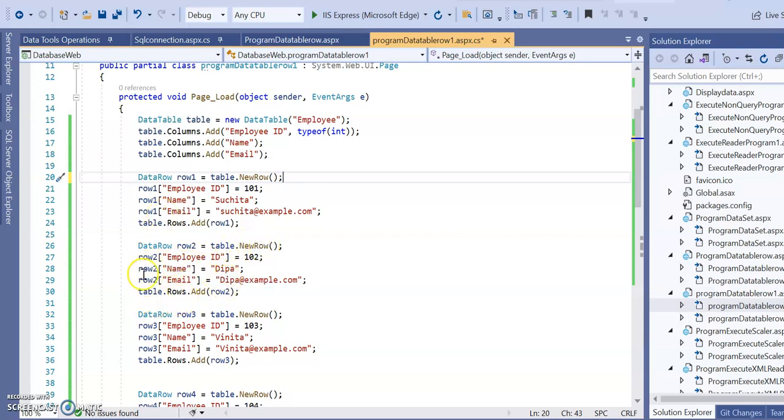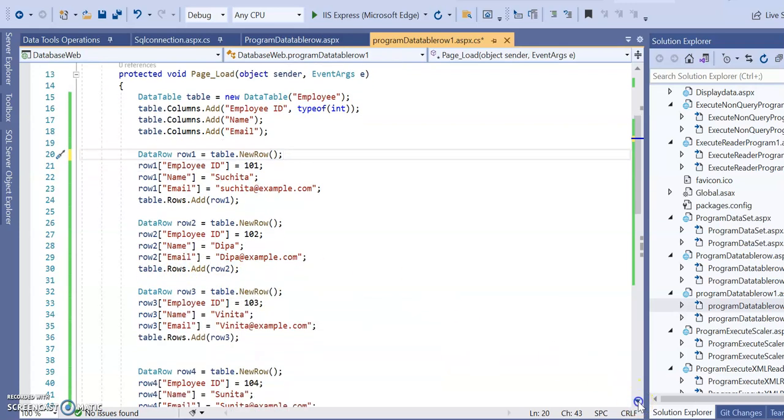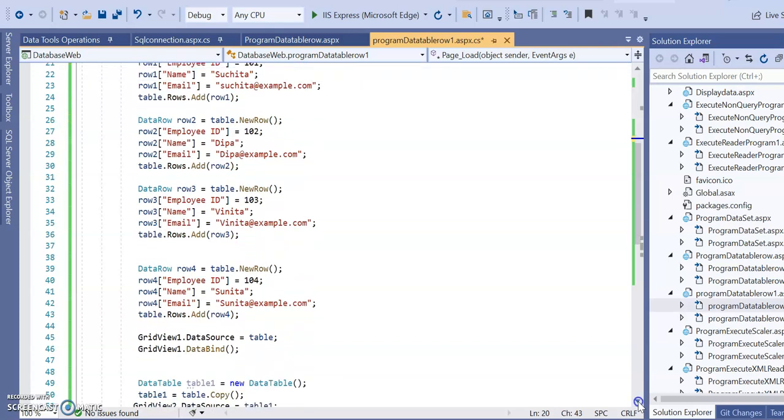Again, at the end, add these rows into this table. So write down table dot rows dot add, and then row 2. In this way, you can add multiple rows.